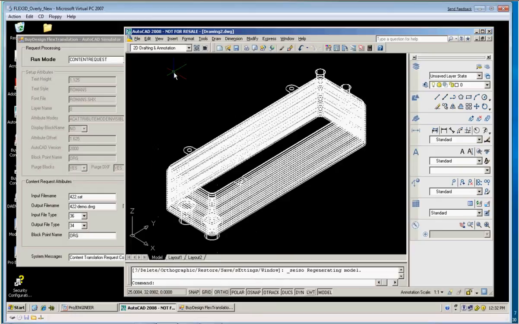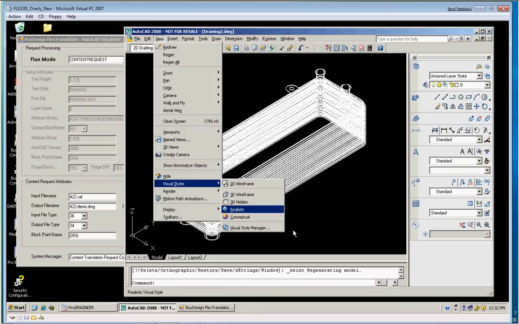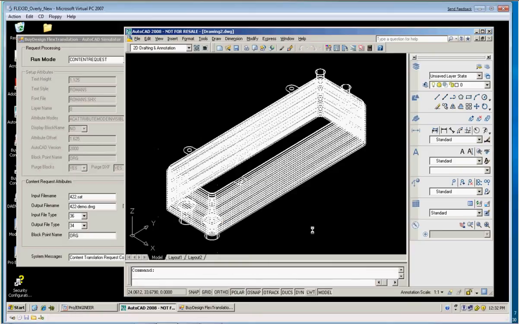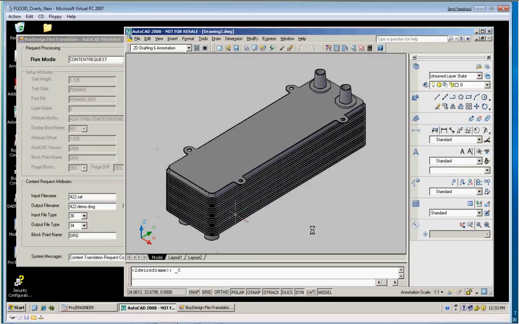That 3D block was just created by the Flex Translation module, which allowed us to take that Flex 3D content that originated in Pro-E, translate it into AutoCAD format, turn it into a block, put attributes with it and all that good stuff. And it's full 3D content. I'll refresh it so you can see it here. It's that same exact model that you just got through seeing inside of Pro-E. So this is